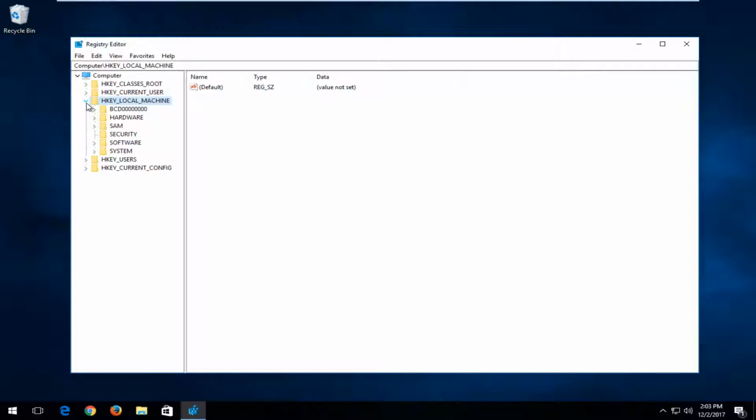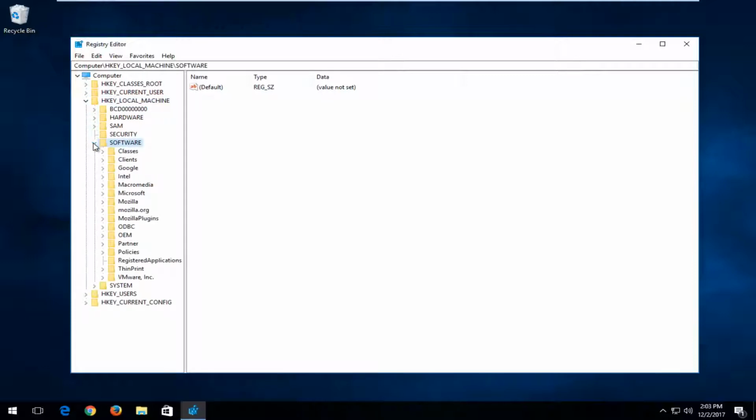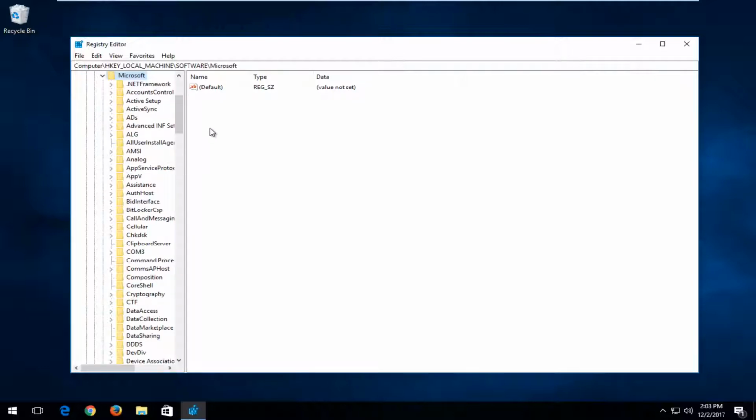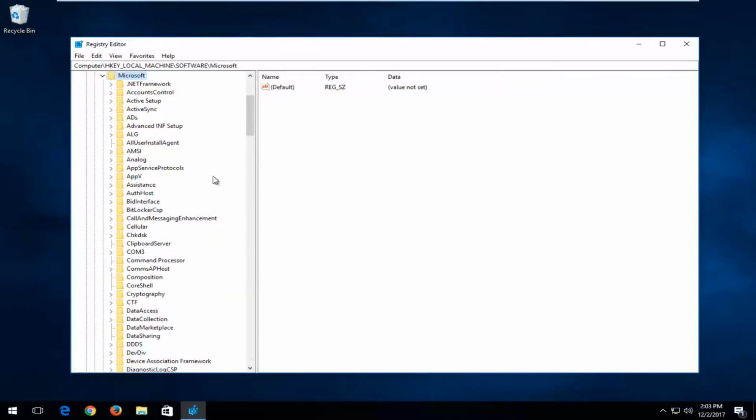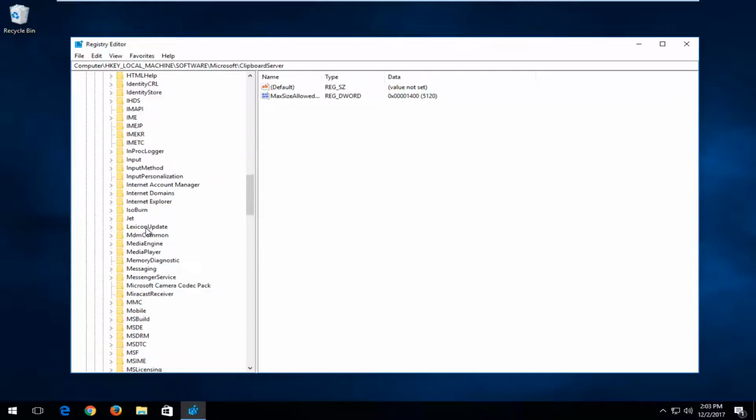Now that we've done that, you want to look for the software folder right here, expand that one as well. And now we can go and select the Microsoft folder, expand that one. In order to make this side column a little bit wider, if you're having trouble reading in here, just left click in between this bar and you can see a little arrow comes up. Just drag it over to the right so you can see a little bit better, as far over as you need to go. And now you want to go down to the Windows NT folder